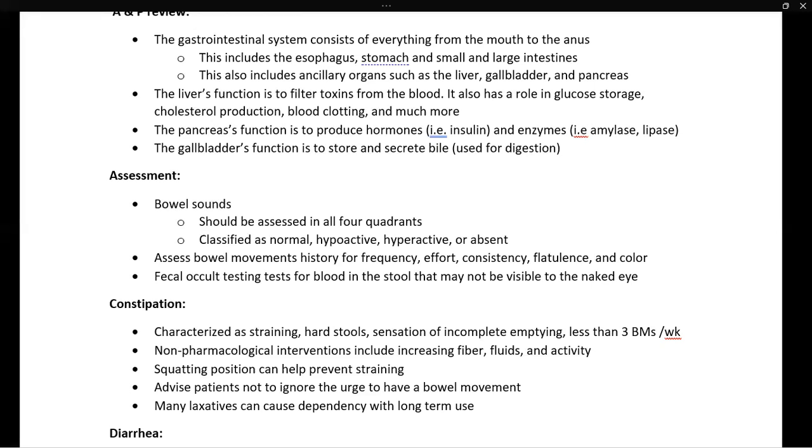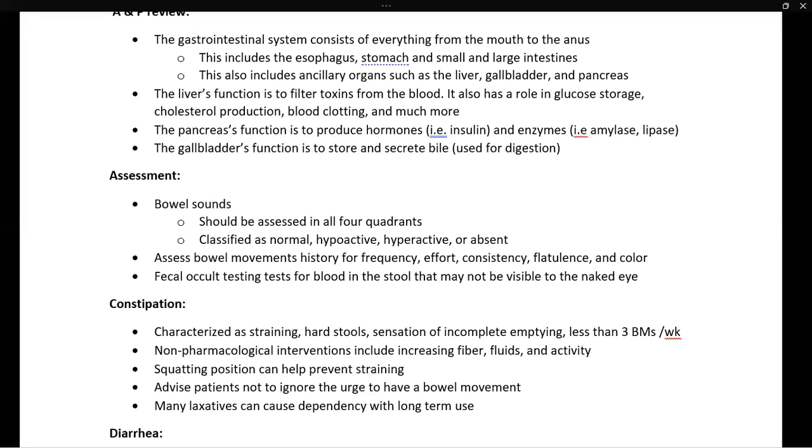Are they formed? Are they watery? Are they pure water? Are you having any flatulence or an abnormal amount for you as a patient? And finally, what is the color? Is it black? Is it red, such as bloody, or things like that? Fecal occult testing may sometimes be done to assess for blood in the stool that is not visible to the